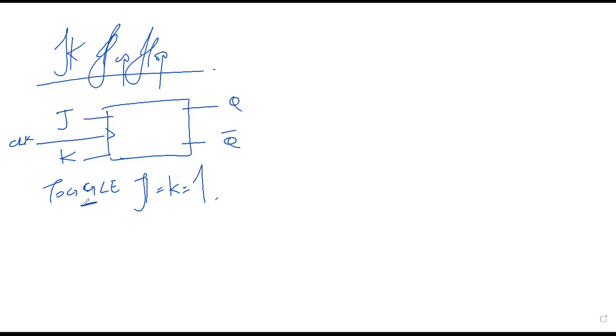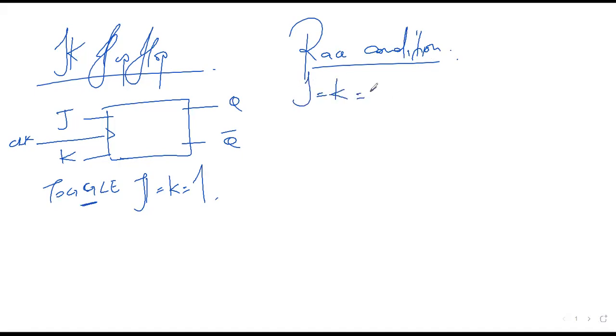The truth table, the characteristics table, characteristic equation, excitation table, we summed everything up. We continue. When I talked of the JK, I introduced the race condition. What exactly is the race condition? The race condition is when, for J equals K equals 1, we have the toggle